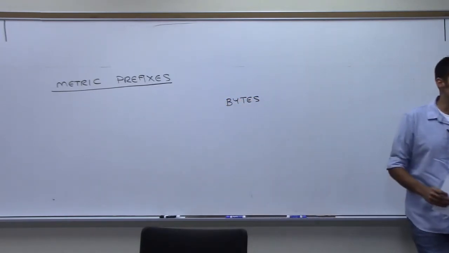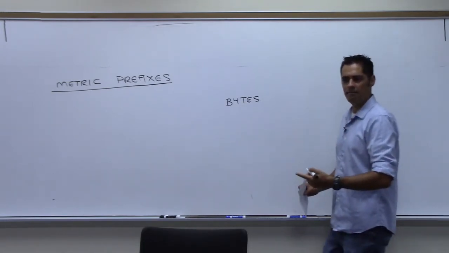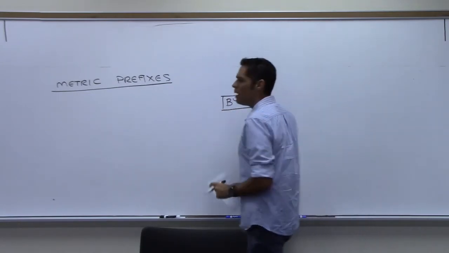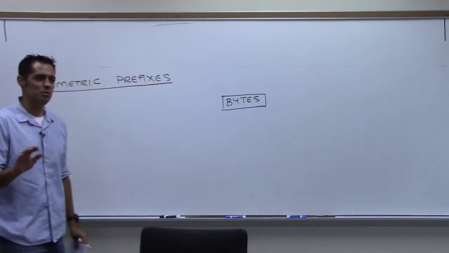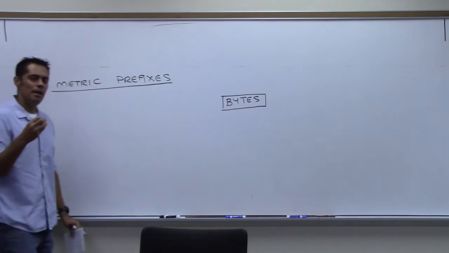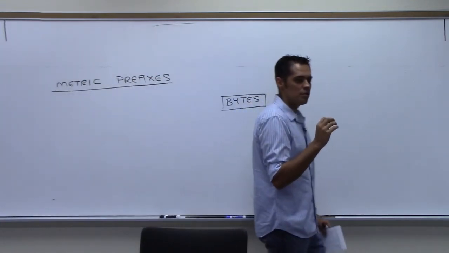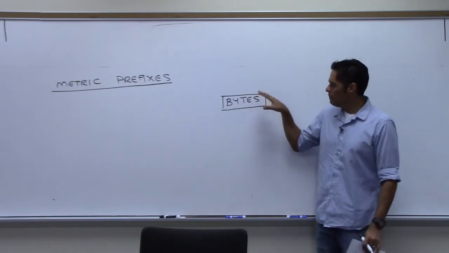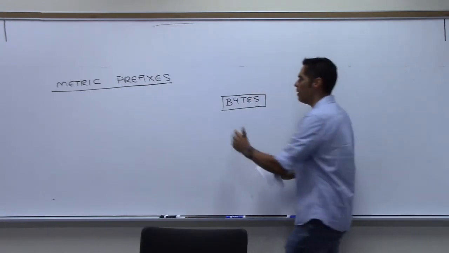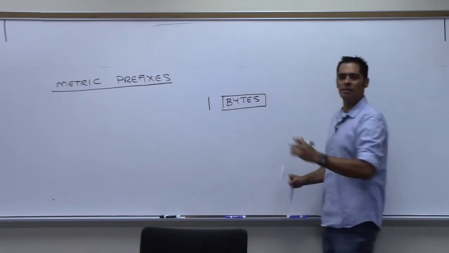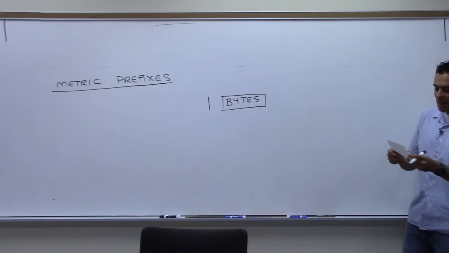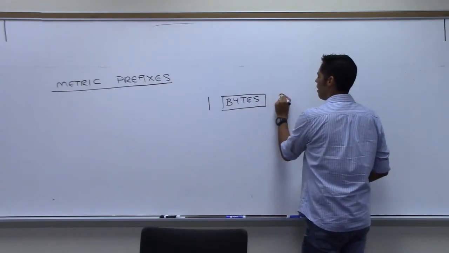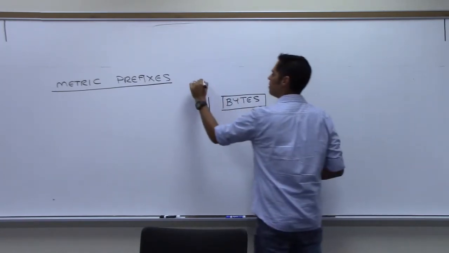Bytes. So what is a byte? Terabyte, you've heard that. Gigabyte. This is computer lingo, right? So a byte is something in a computer that we won't get too technical about here. But it's the unit that somehow measures how much data can be stored. It's really just zeros and ones, that's all it is. But a byte is an amount of information. And if we have 1 byte, we could have 2 bytes, 3 bytes, all right? If we have 10 bytes, and let's just use B for byte, okay? If we have 10 bytes,